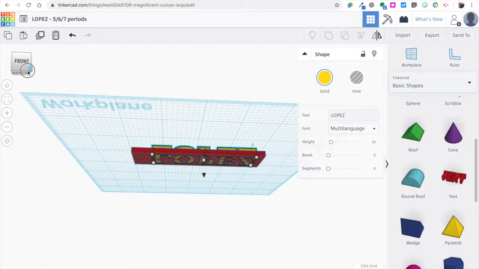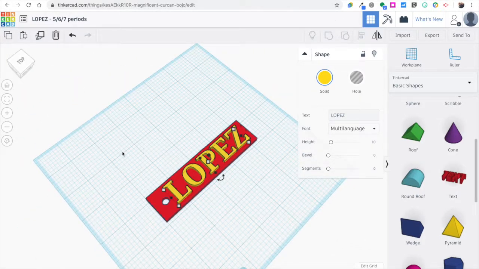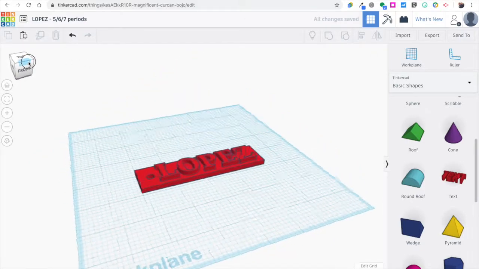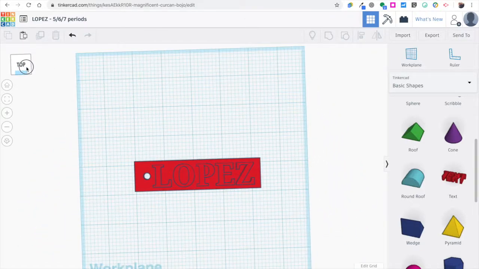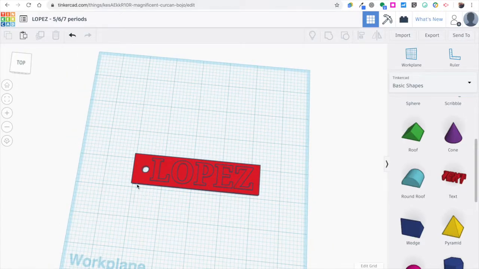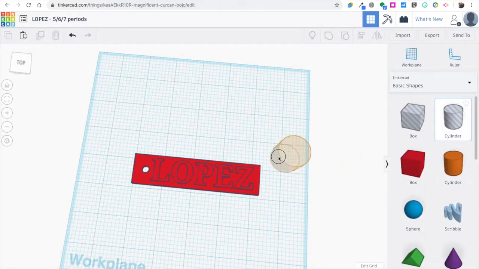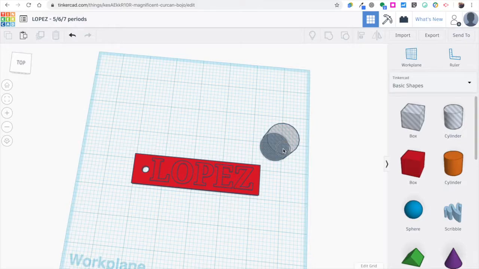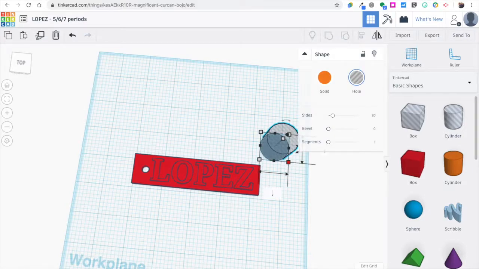What do we do next is to group them. So now we select everything and we're gonna do Control G, and now everything is grouped together. Now the last thing we're going to do is just to make it a little fancier and kind of cut off the corners right here. So we're gonna again bring in another cylinder right there, and now we're gonna change it to a 0.24. Actually, let's do 0.30 here. 0.30, and over here